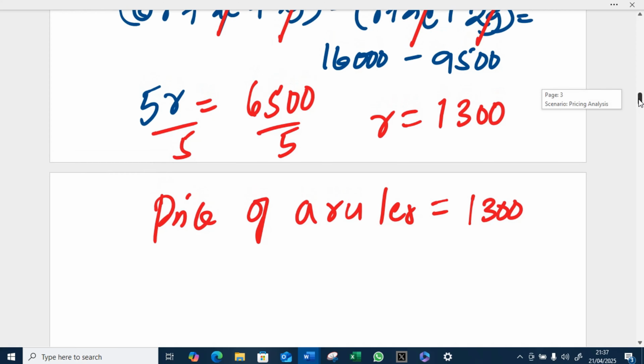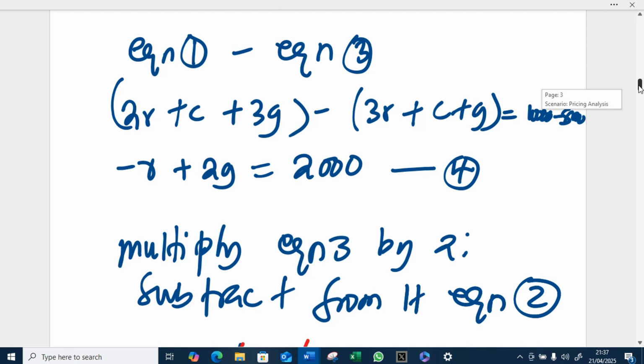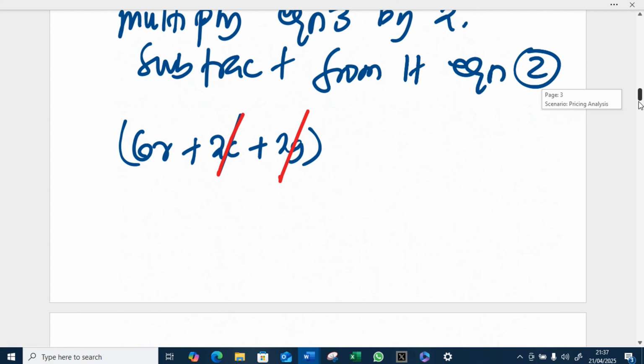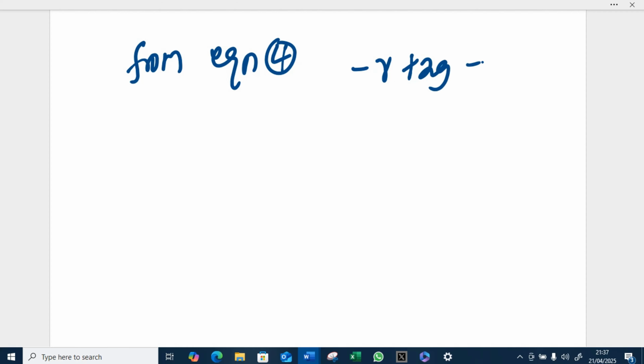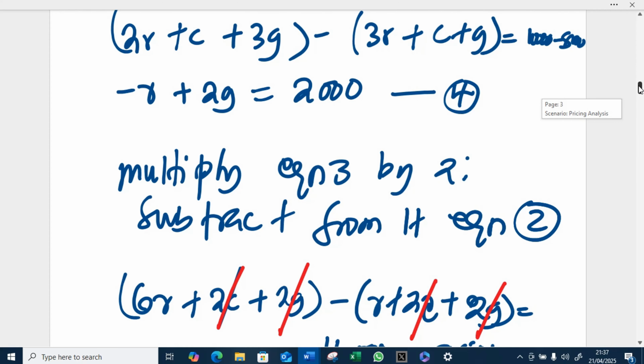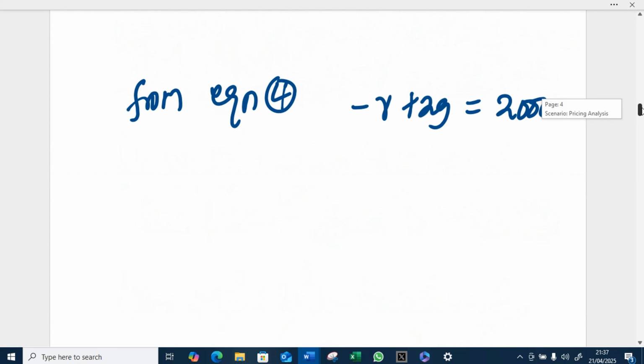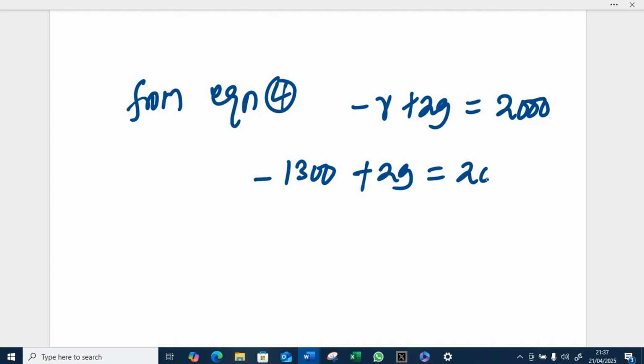Having obtained the value of r, we can now substitute in any of the above equations. For example, look at equation 4. So from equation 4, we have that negative r plus 2g is equal to 2,000. You can see that is how it looks like. So we already have the value of r, so we put in negative 1,300 plus 2g. This is equal to 2,000, meaning we can get 2g as